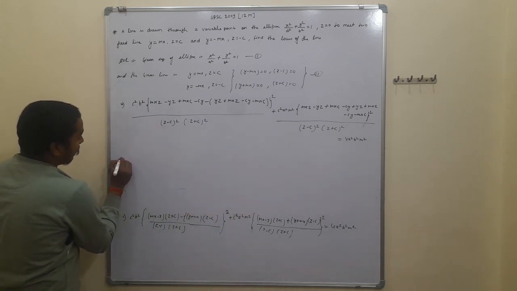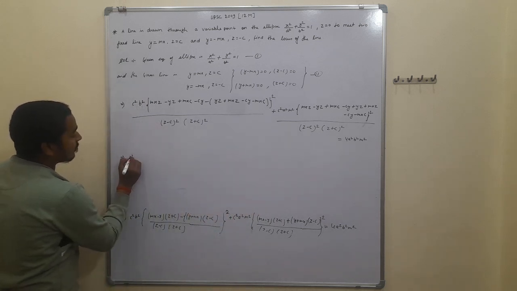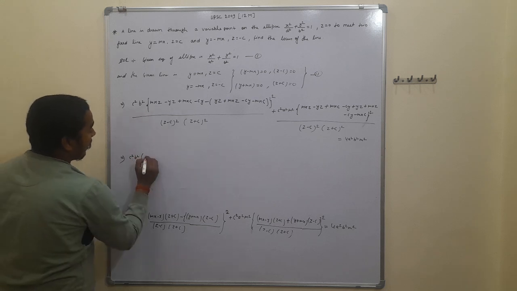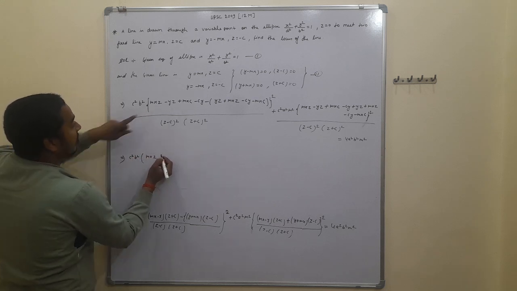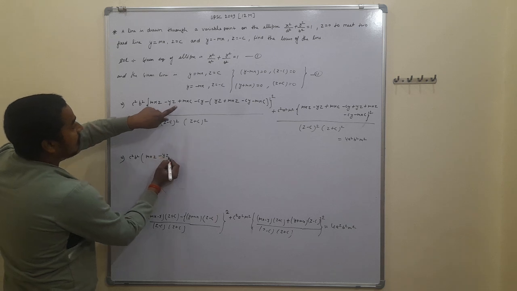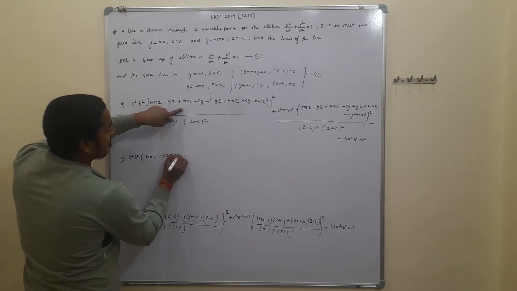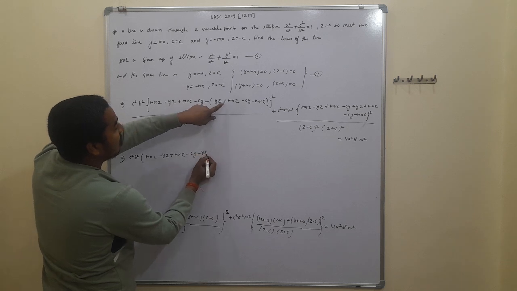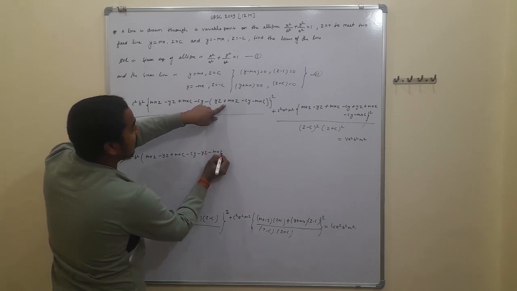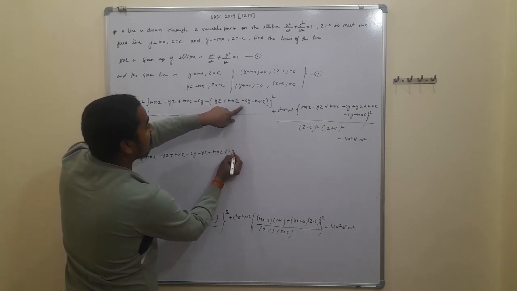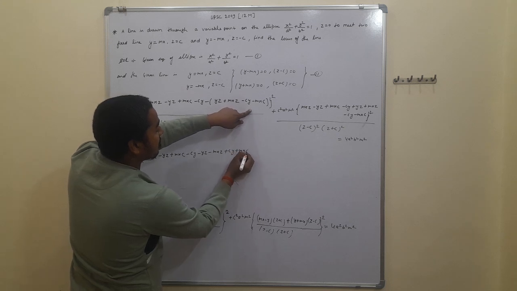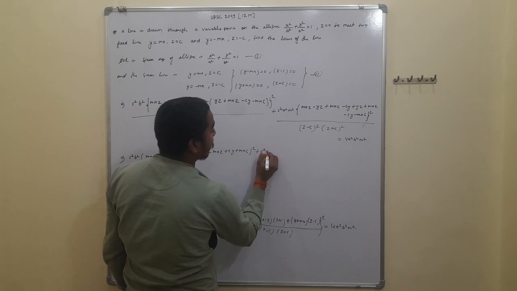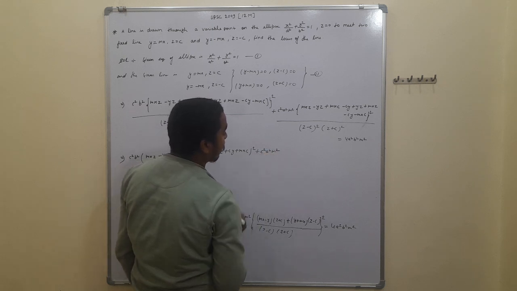We can also write that as c square into b square, and from here mxz and minus of yz and plus of mxc and minus of cy, here is minus of yz and minus of mxz plus of cy and plus of mxc whole square plus c square a square into m square, and